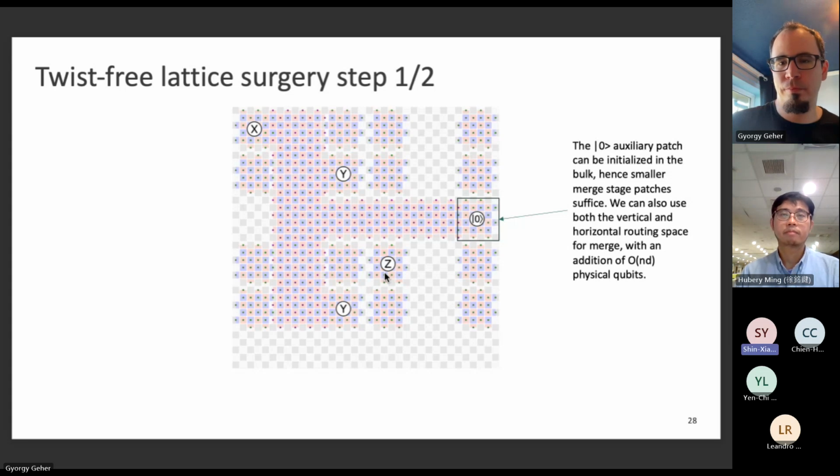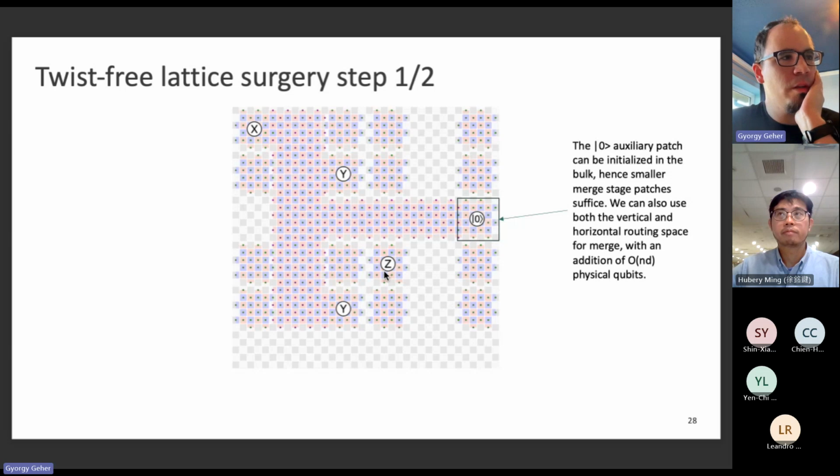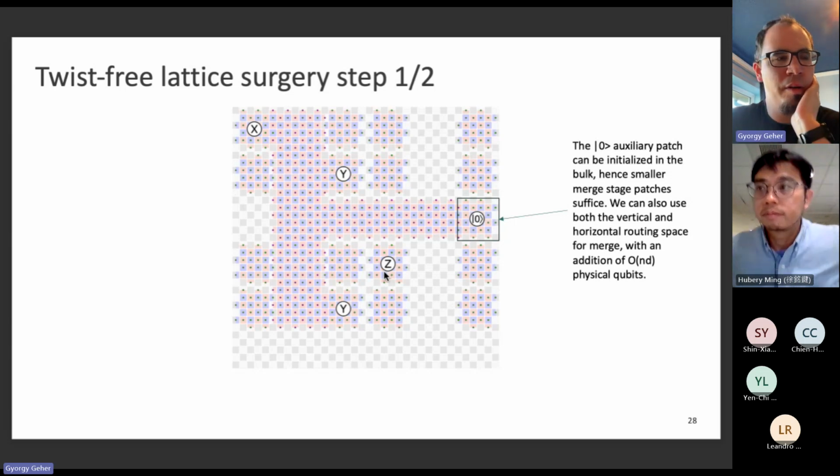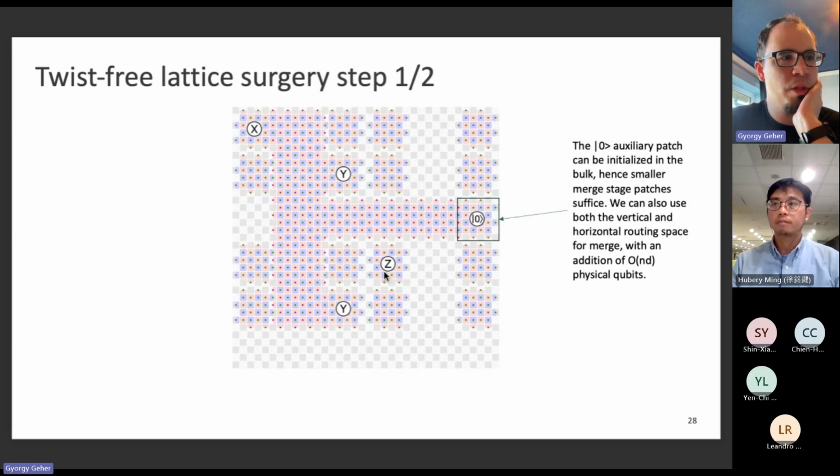Do you have some estimation of how many physical qubits you need? Because it seems like a lot. Yeah, in general it of course depends on how noisy your hardware is. It's hard to tell, in the sense that it depends on how many patches you have. I don't have concrete numbers, but